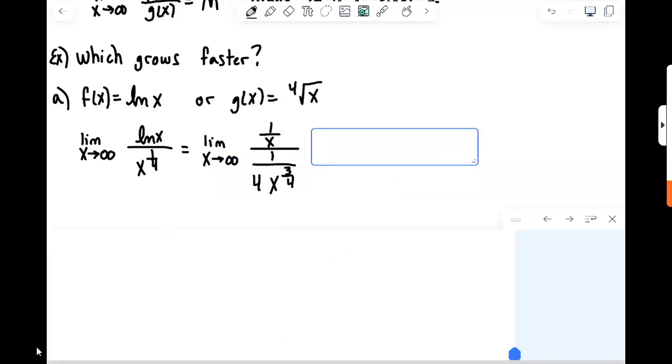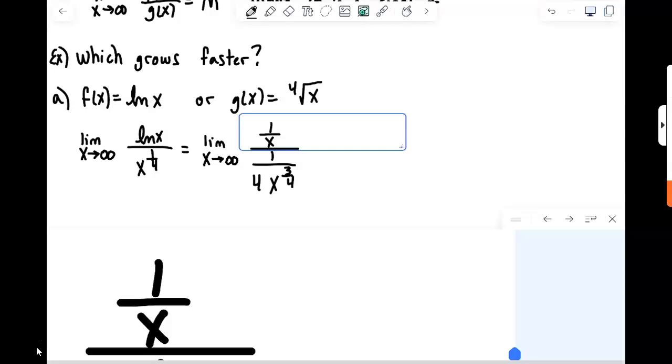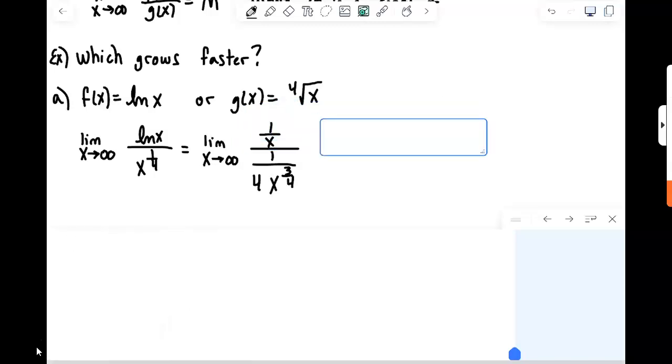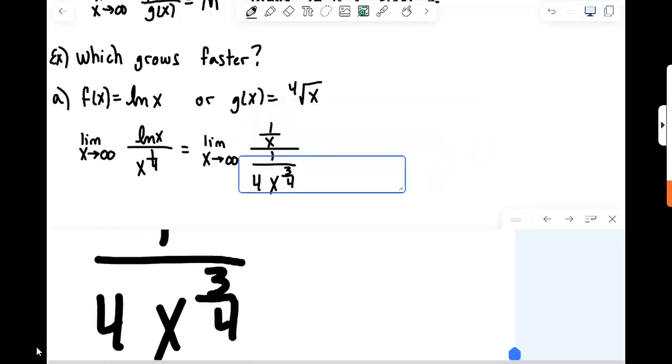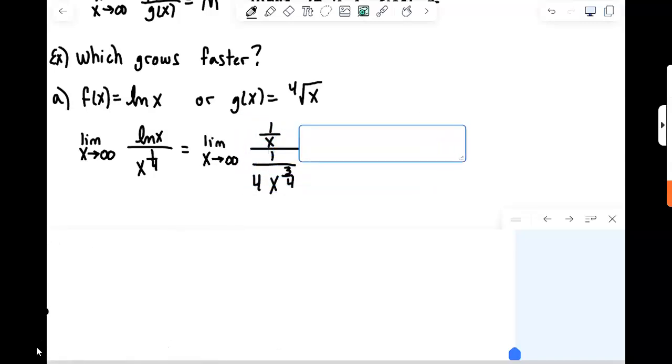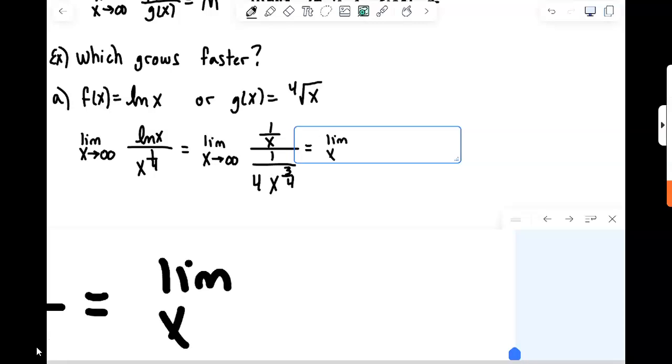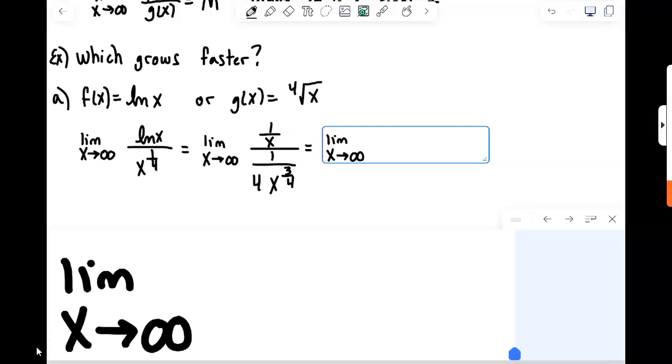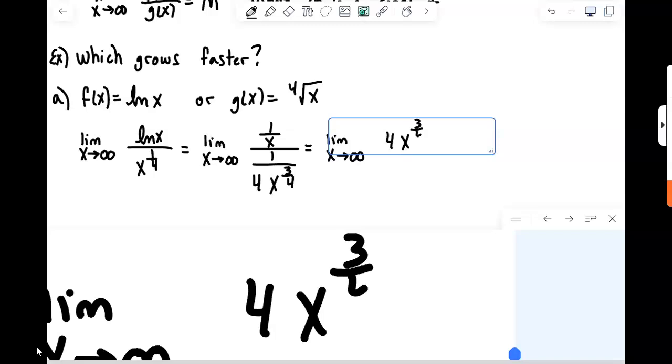Okay. And then remember that I could rewrite this as a multiplication problem. This thing divided by this thing would be the 1 over x times the reciprocal of that, and we would actually get this limit. Limit as x approaches infinity of 4x to the 3/4 up top